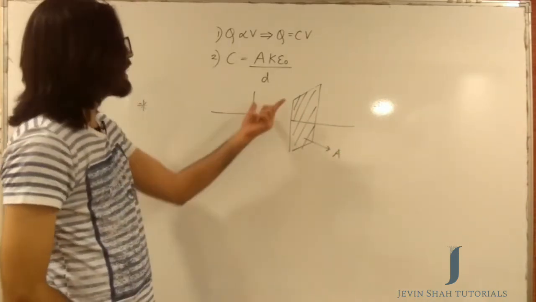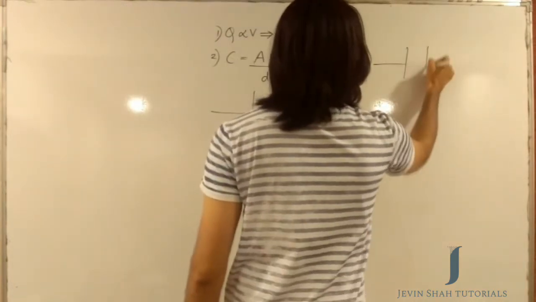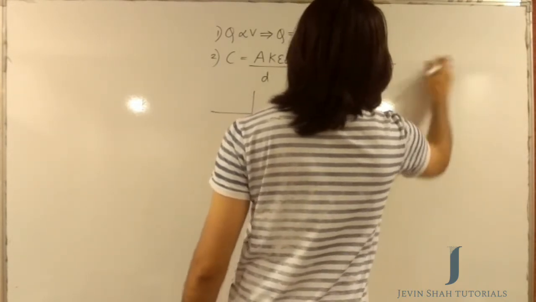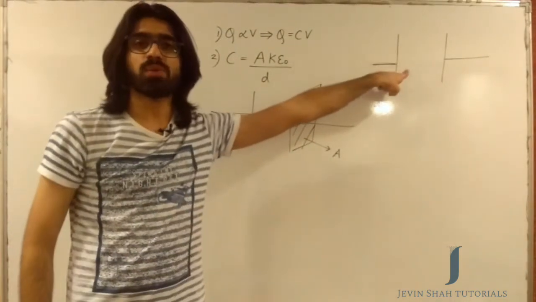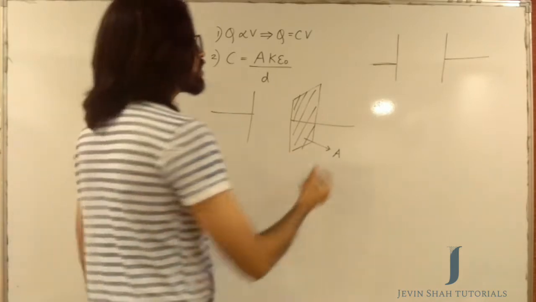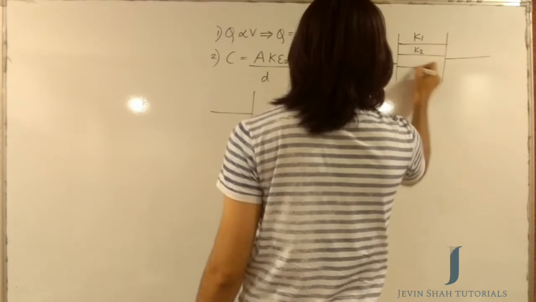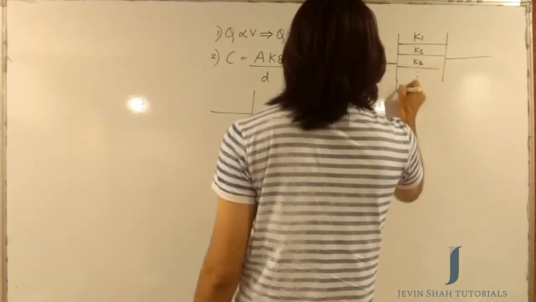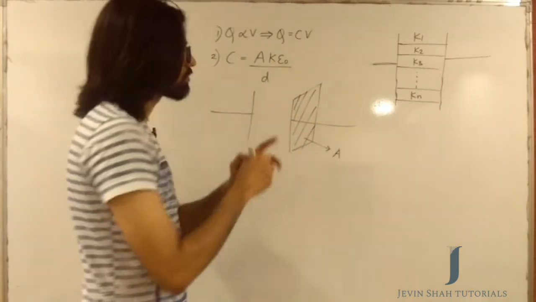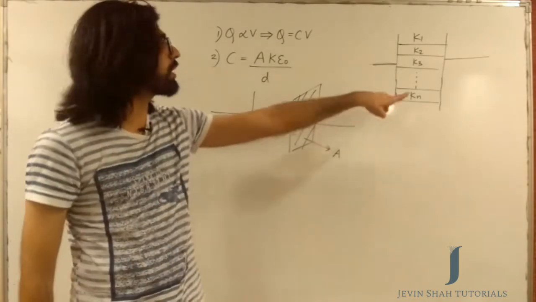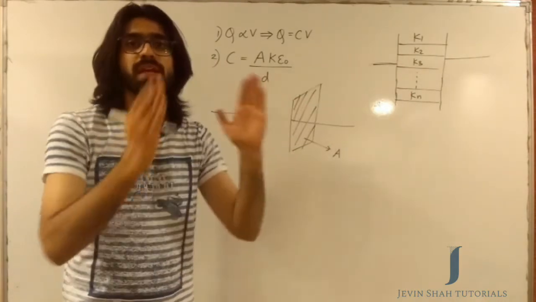And let's say that the dielectric which I'm filling in the middle, okay, I shouldn't have drawn it like this, let's draw it again here. Or let's draw a bigger diagram. Yeah, that would. So let's say that the dielectric which I'm going to fill in the middle, it's a dielectric which looks like this. So it's not one dielectric which I have put in the region in between them. I have put n number of dielectrics in that region between the two plates of the capacitor.